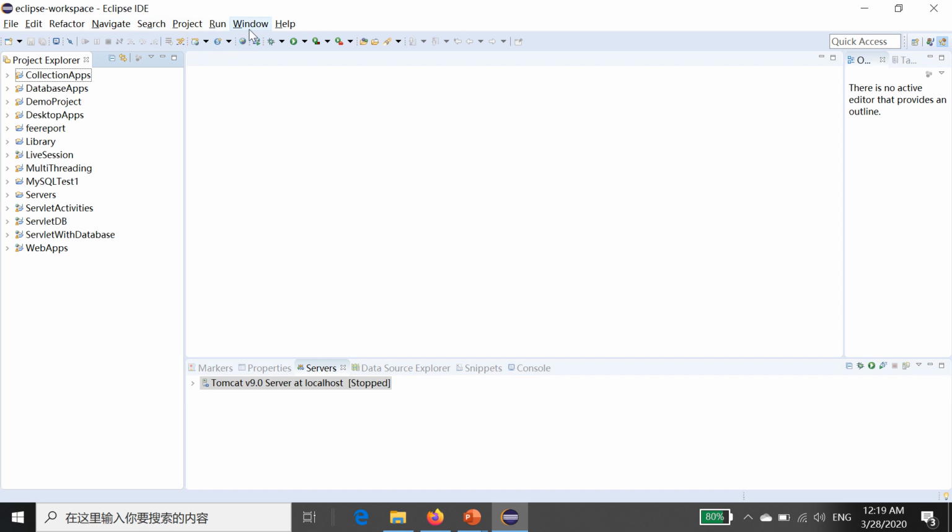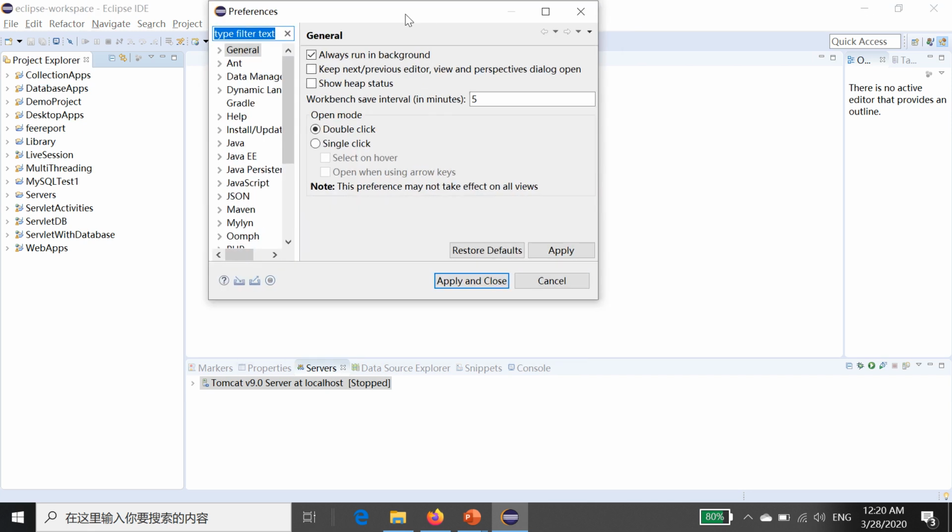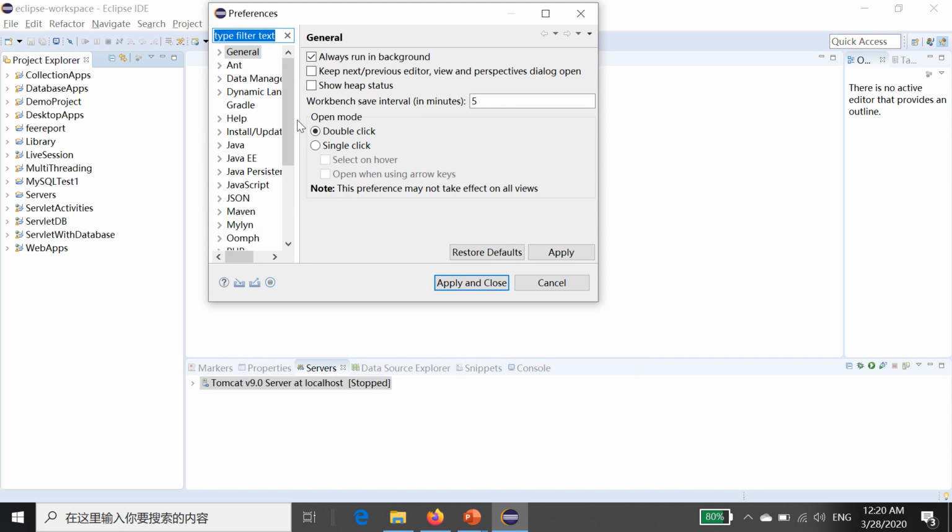So you will click on Window and go to Preferences. This one, click on Preferences. This small window will open, and after this